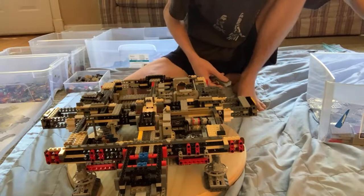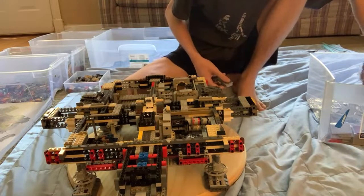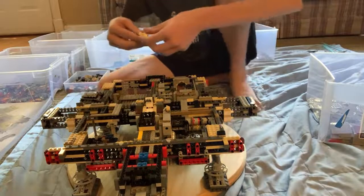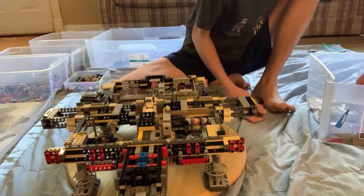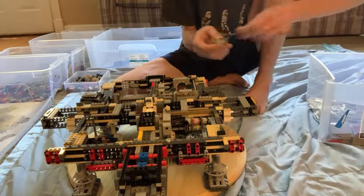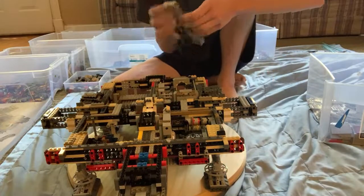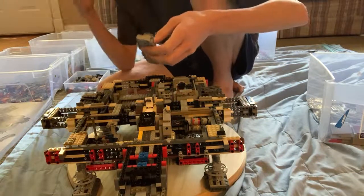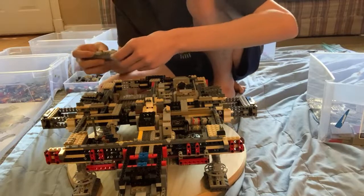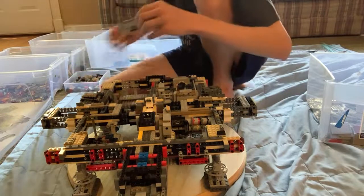I think for some reason I've always found the specialists look a bit funky for clones. I've never really liked how they look with the macros. I think it's just that the macros look so awkward on just a generic clone trooper body and helmet, just with the macro smacked on. It just looks out of place, in my opinion, I guess. But, you know,